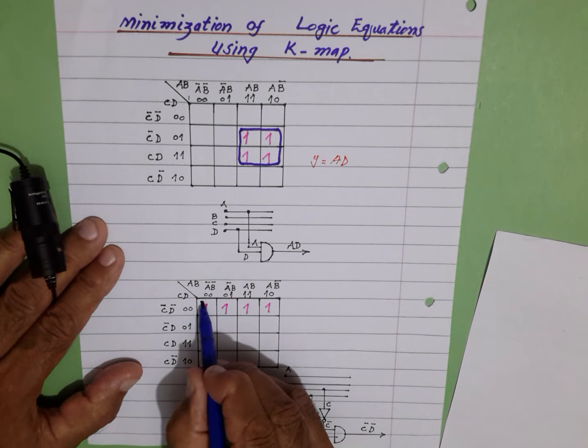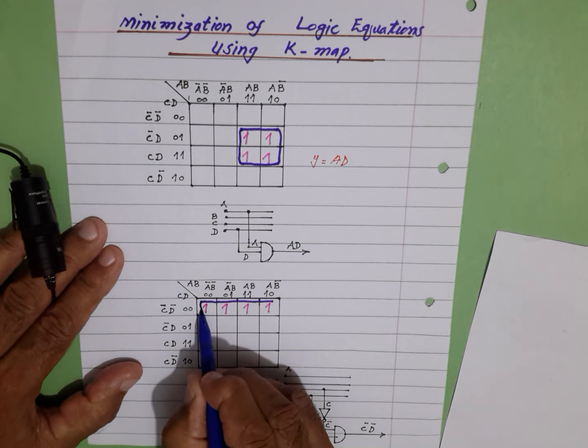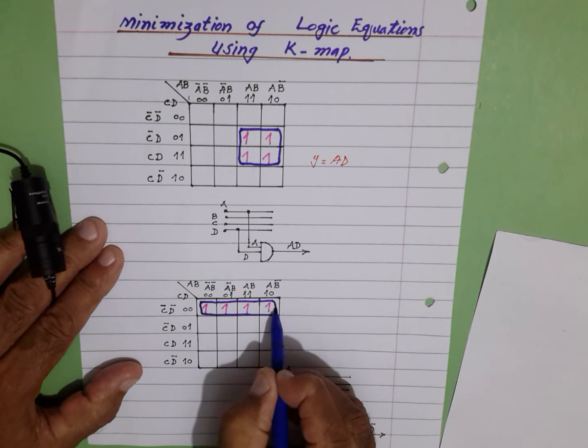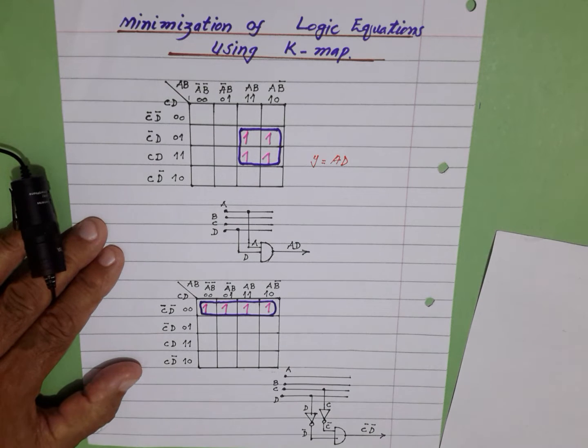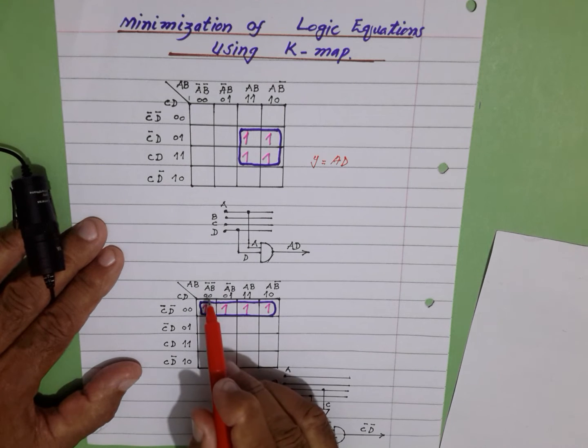We can make one large group. In the beginning we said the group should be as large as possible, and at the same time the number of groups should be minimum. And we see that when we roll from left to right vertically, we see that